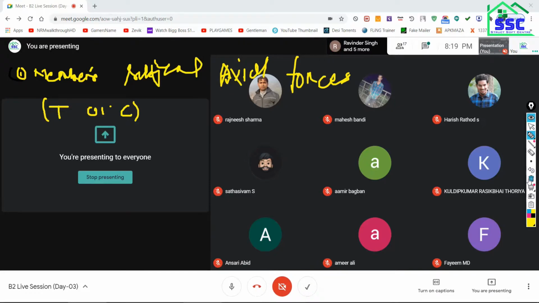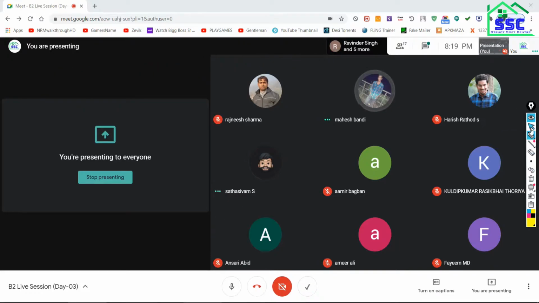So the first assumption is that all the members are subjected to axial forces, and that axial force may be either tension or compression. Now the second is that all the members are connected at their ends only, and the connection will be a pinned connection.